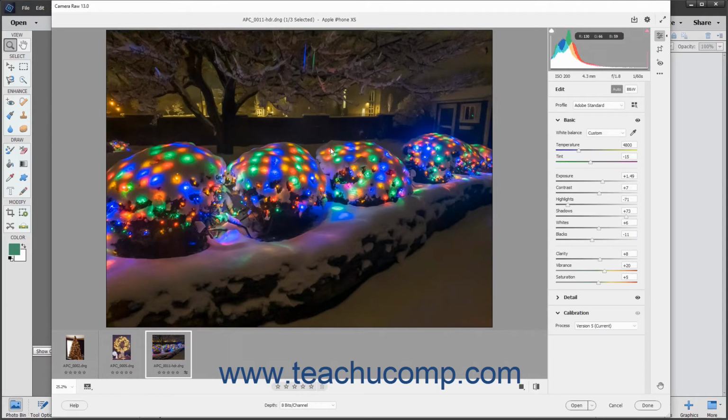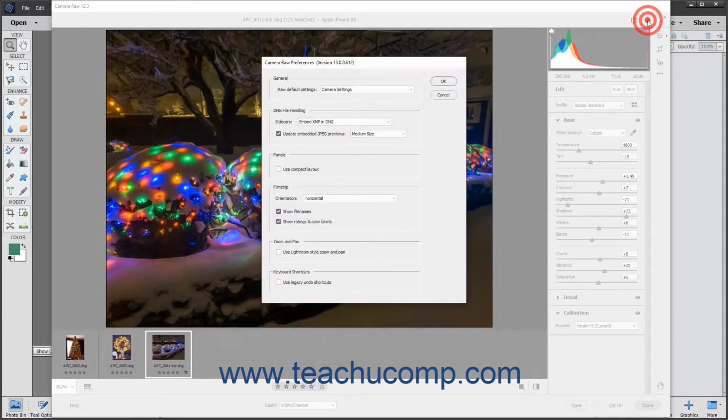To access the Camera Raw Preferences dialog box in Photoshop Elements, click the Open Preferences dialog button towards the upper right corner of the Camera Raw dialog box. In the General section, you can set the default Camera Raw settings to apply to RAW images by selecting either Adobe Default or Camera Settings. This setting determines whether the default profile applied to the Camera Raw image is one of the Adobe defaults or if it is one of the camera matching defaults, if available for the type of camera you use to take